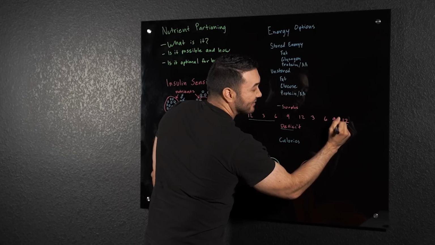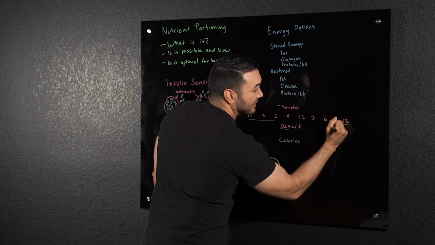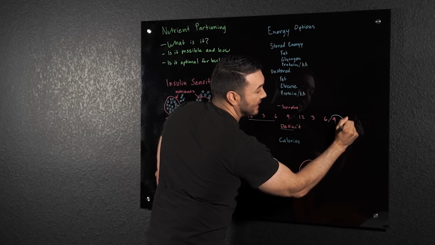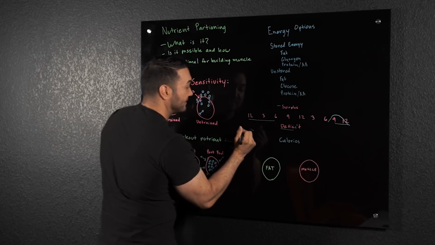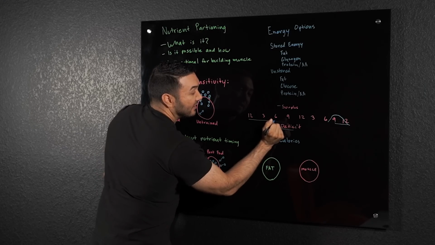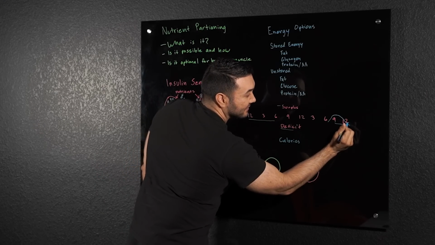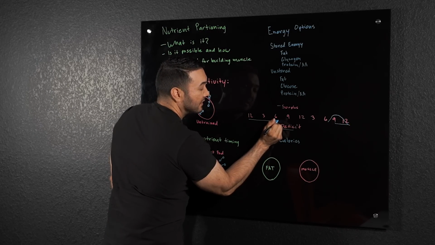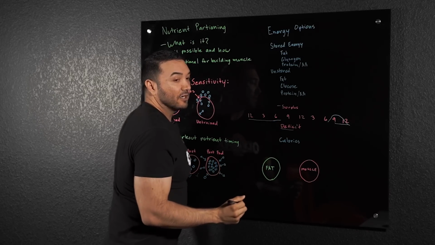Let's go ahead and actually make this more realistic. We ate our last meal at, let's say, 7 o'clock. We ate at 7 o'clock and now we've used those calories and now we're in a deficit. That's more realistic. Okay, so we've been in a deficit since basically midnight all the way till we wake up at 8 o'clock and eat our next meal.